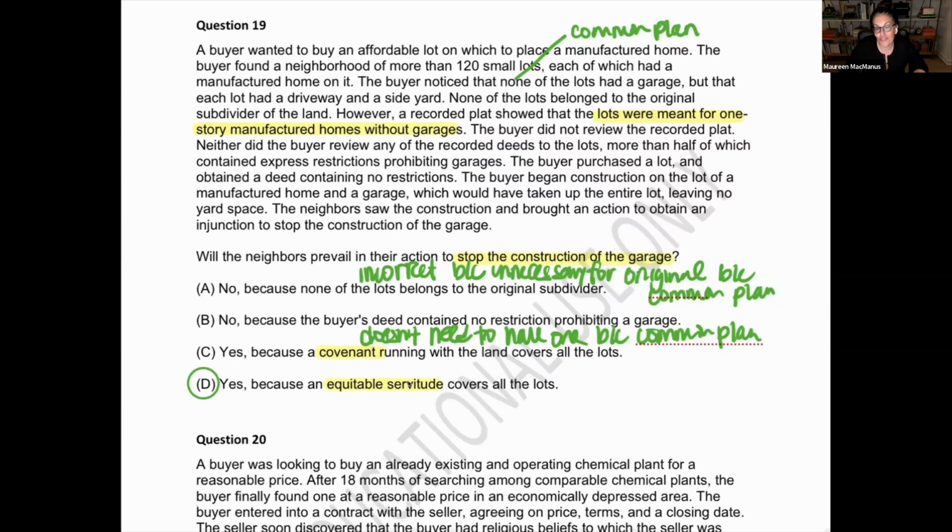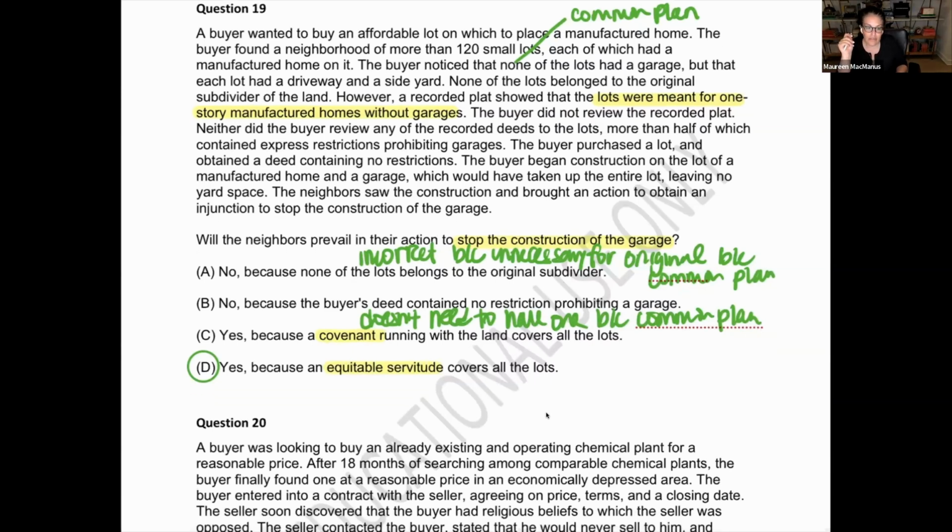So I thought this was really tricky. Whenever I see two answers that are really similar in the language, I ask, what's the difference between them? Oh, it's a covenant running with the land or equitable servitude. Covenant also requires privity, and there's not privity here. So this is one of those where you really have to identify that there's a common plan here and that this is an equitable servitude. It's really only tricky if you don't know the difference. But I think it's tricky just noticing that it's that one word, the covenant running with the land versus equitable servitude.